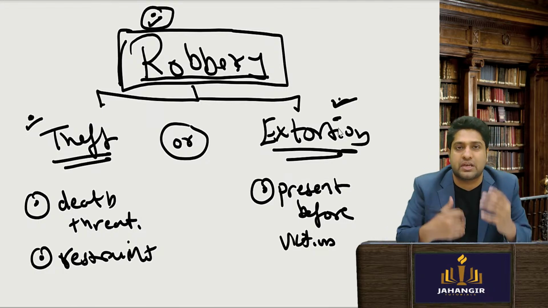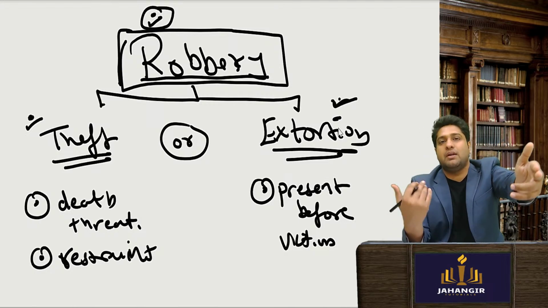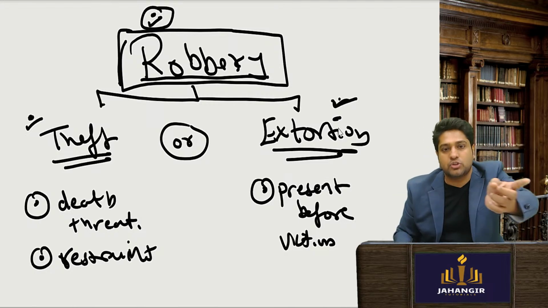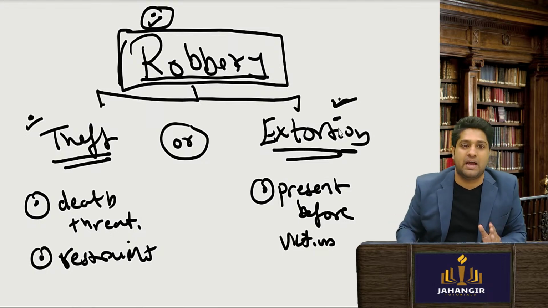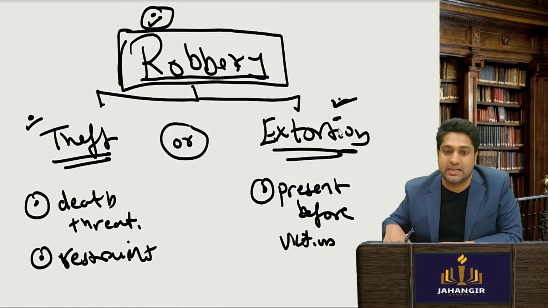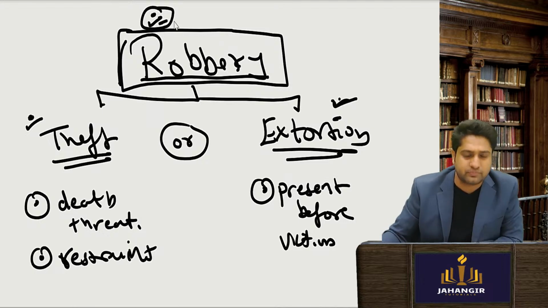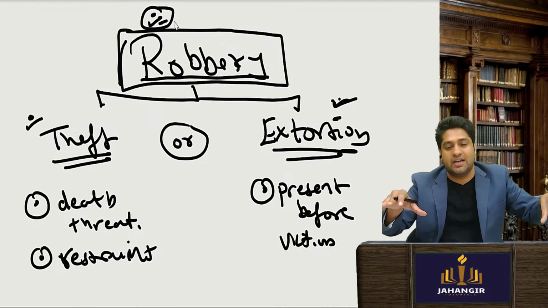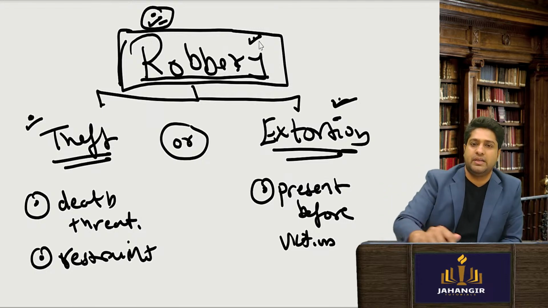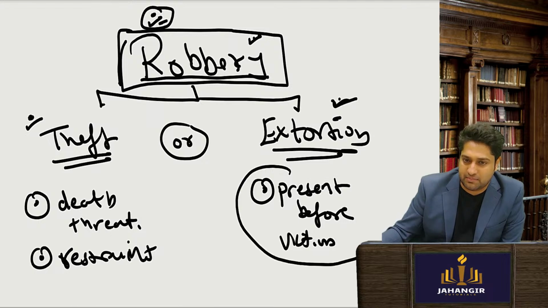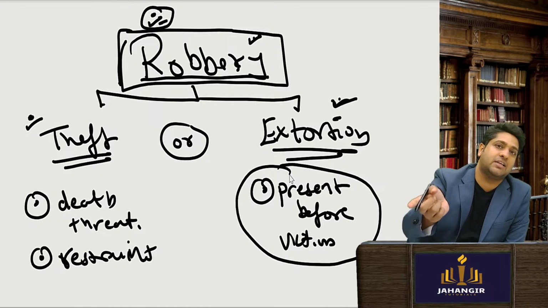Ultimately, in front of Salman Khan, a person comes, shows the gun, and says give me 5 crore rupees. So then that is extortion and robbery. Why? Because you were present in front of the person and then you committed extortion. So a robbery is either this or that, and it has the features, so obviously it can be put under robbery also. Here you have to be present before the victim and then you do it. If you're present before the victim and then you do it, then that extortion is called robbery.